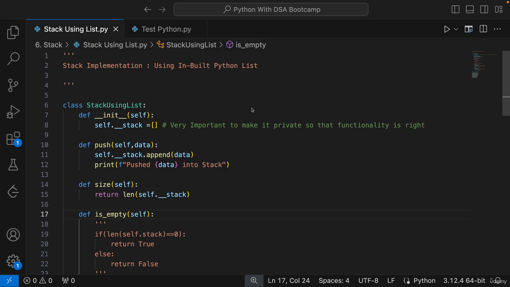So in this video, let us continue our discussion on stack. And now let's try to see what happens behind the scenes when we are implementing or running this code of stack using list. Now this will be a visualization so as to make sure that each and every one of